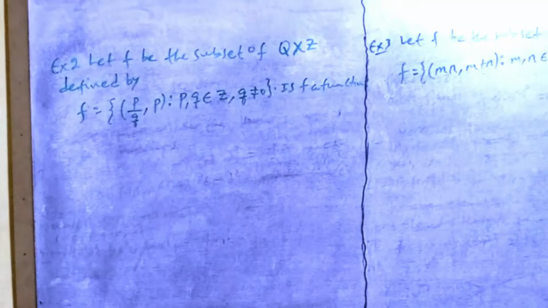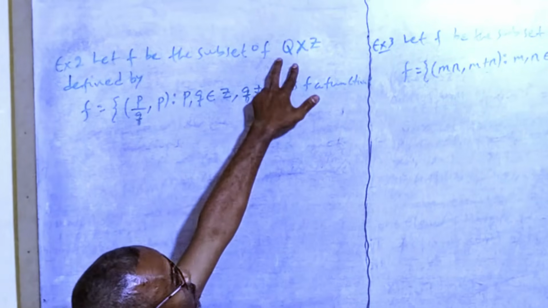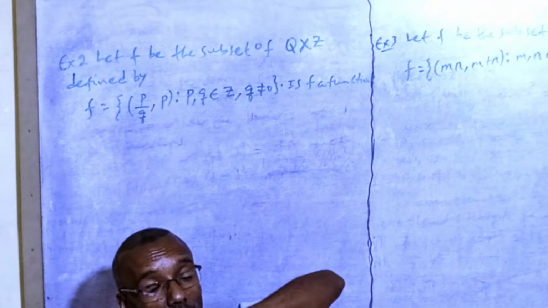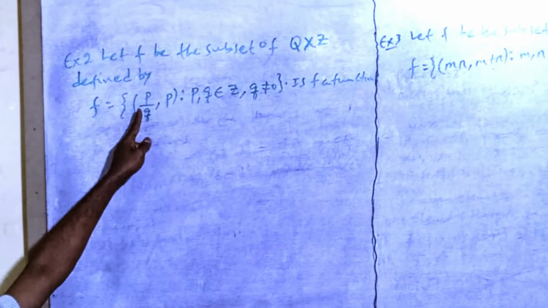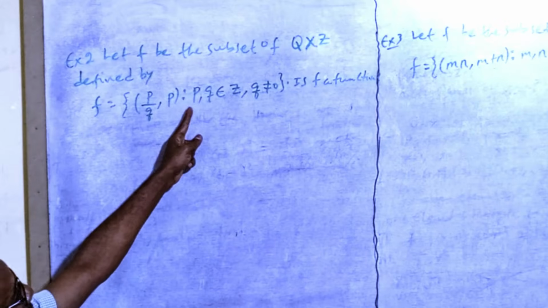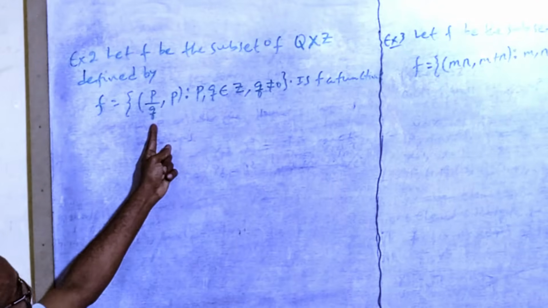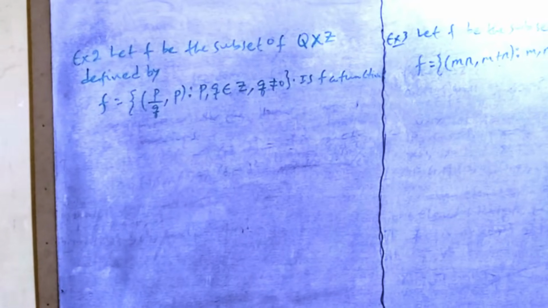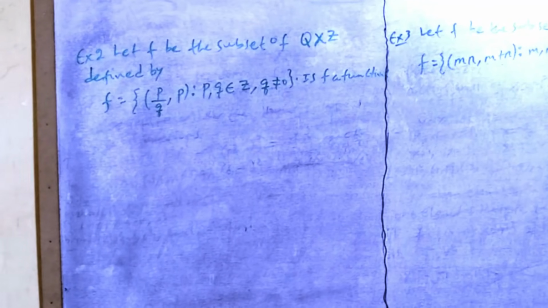ኦኬ ሁለተኛው ኤግዛምፕል ምንድነው let f be the subset of the Cartesian product between rational number q and integer z። q ማለት rational number ነው z ደግሞ ማለት ምንድነው integer ነው። ስለዚህ f be the subset of the Cartesian product between q and z defined by f is equal to the set containing p over q comma p such that p comma q is an element of integer and q is different from 0። ይሄ ዲኖሚኔተሩ 0 መሆን ስለሌለበት ማለት ነው። is f a function? f function ነው አይደለም የሚለው ነው የምናየው።